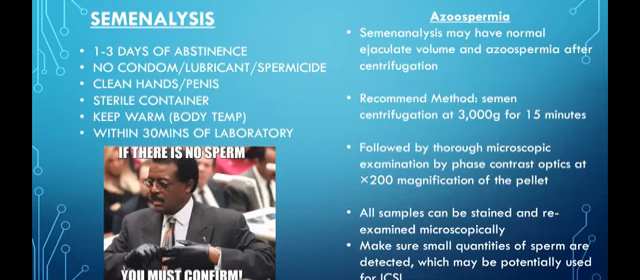So there are specific methods used for azoospermia itself. If they find azoospermia, then the semen is centrifuged at about 3,000 G for about 15 minutes. Then a microscope is used to examine that centrifuged pellet at about 200x magnification. All these samples are then stained and re-examined. The reason is that even if you find a very small amount of sperm that is potentially usable, one can then either cryopreserve it or use it for